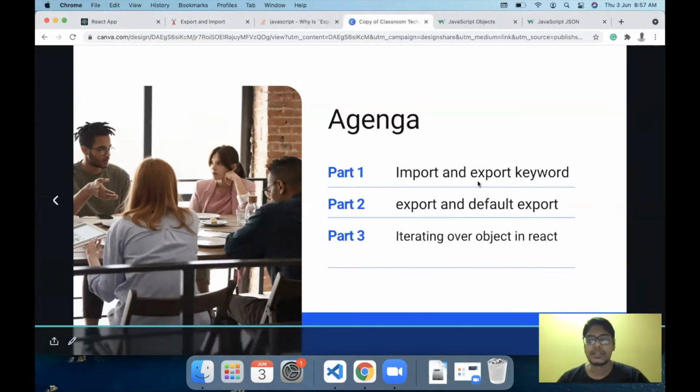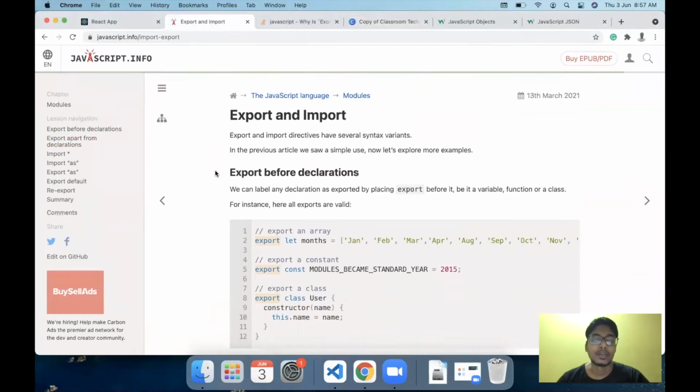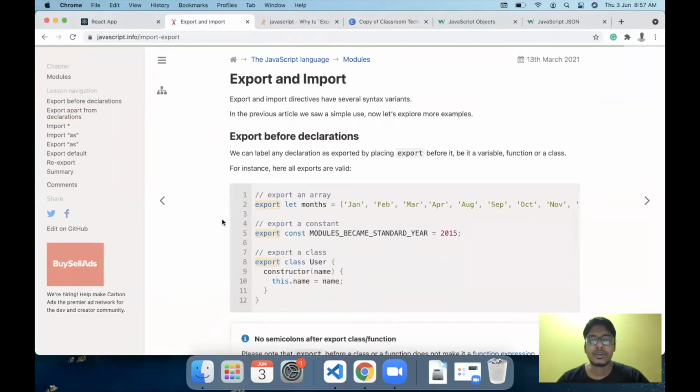Now, the first part, as I mentioned, is to understand what the import and export keywords are. For that, I'm going to just open the MDN and JavaScript.info docs. Basically, whenever I want to make use of variables written in one file in another file, I will use the export keyword to make that variable available to be used in another file. Whenever we use the export keyword, we make any kind of variable available to be used in other files. If it is not exported, that variable is generally restricted to the file itself. We cannot use it in other files. That is why we use the export keyword.